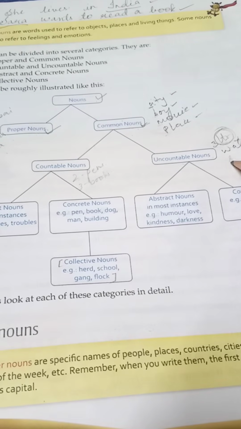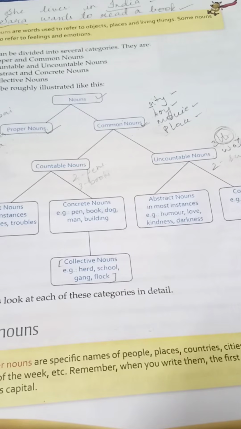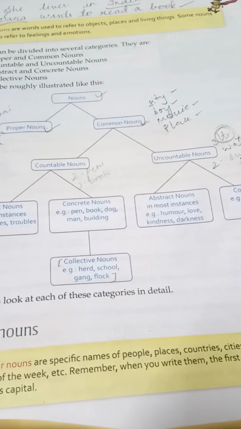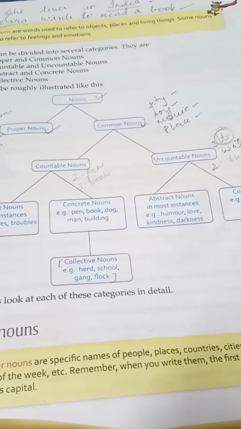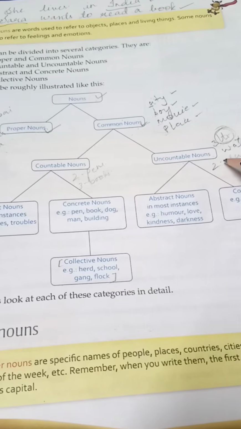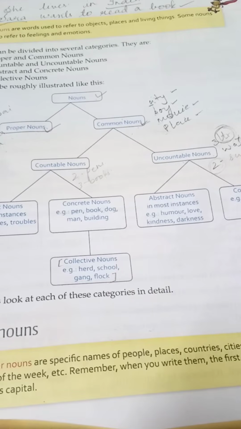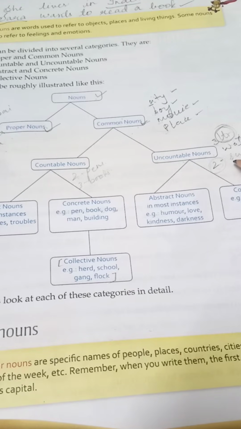Same way goes with sugar. I cannot say 2 sugar or 3 sugar, right? I can say 2 kgs of sugar or 2 grams of sugar. So uncountable nouns are the nouns which cannot be counted directly by making use of the numbers. Of course, we can say 2 kgs of sugar, but without making use of any unit, we cannot specify